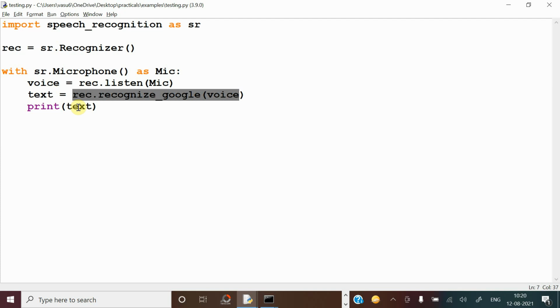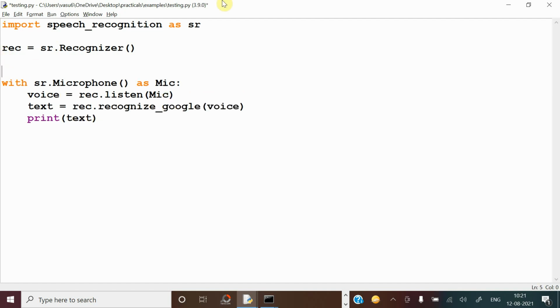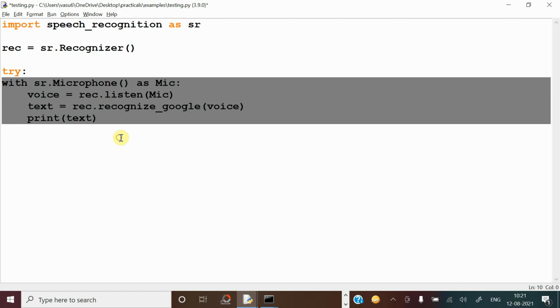At runtime, when the program is running, if any errors occur, they will not be handled automatically. You have to write the logic also, otherwise it will suddenly display some unknown errors. So for handling all these things, we have to go for exception handling, which can be done using try and except. All of us know that. So keep all the things in the try block, with one indentation.